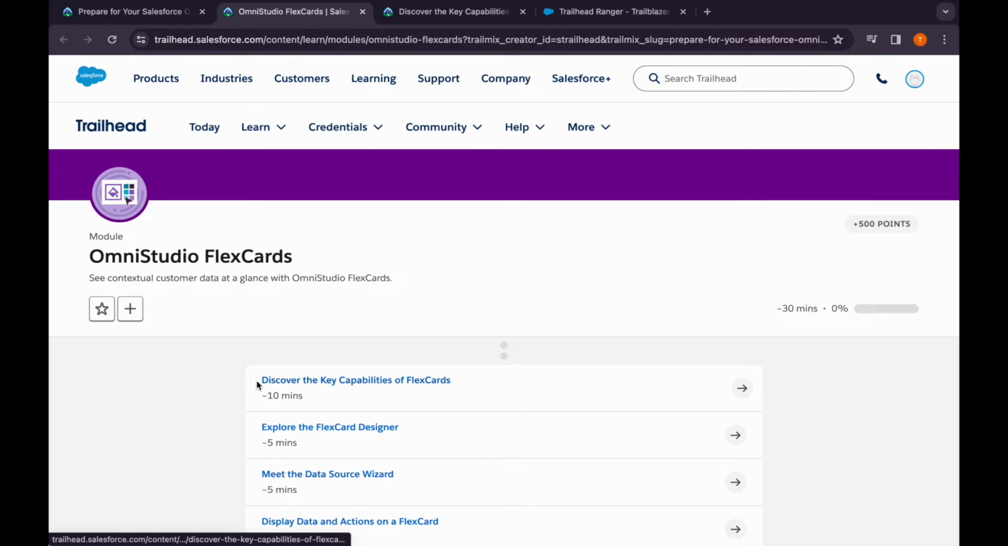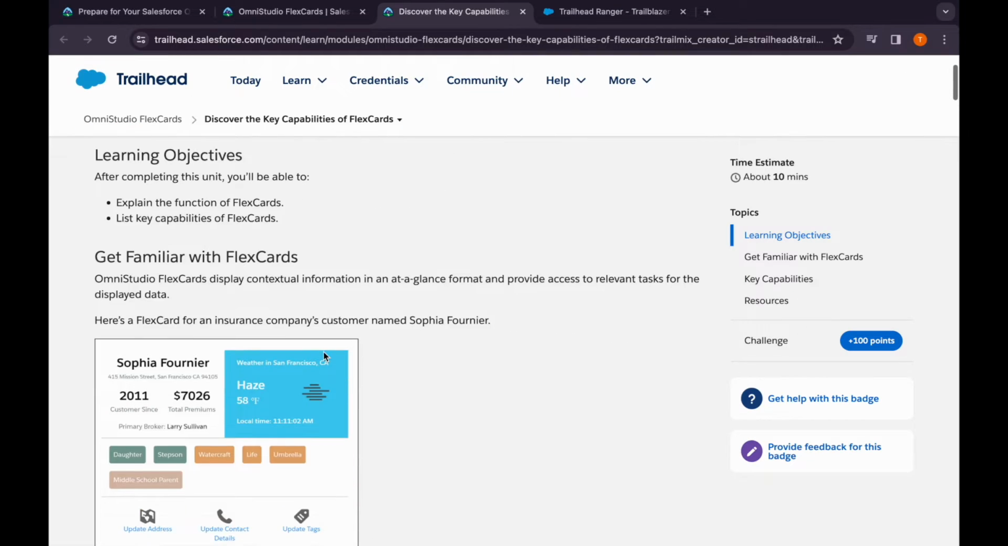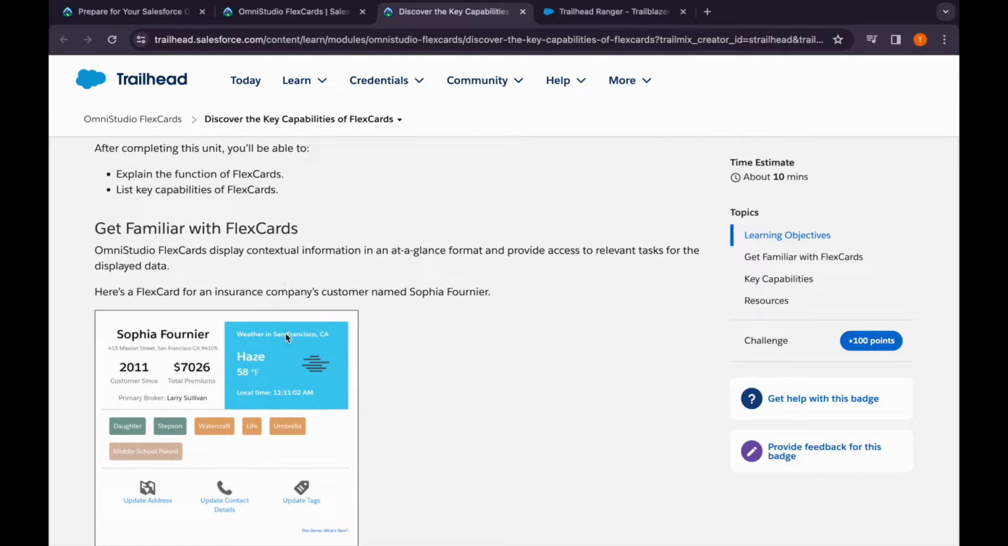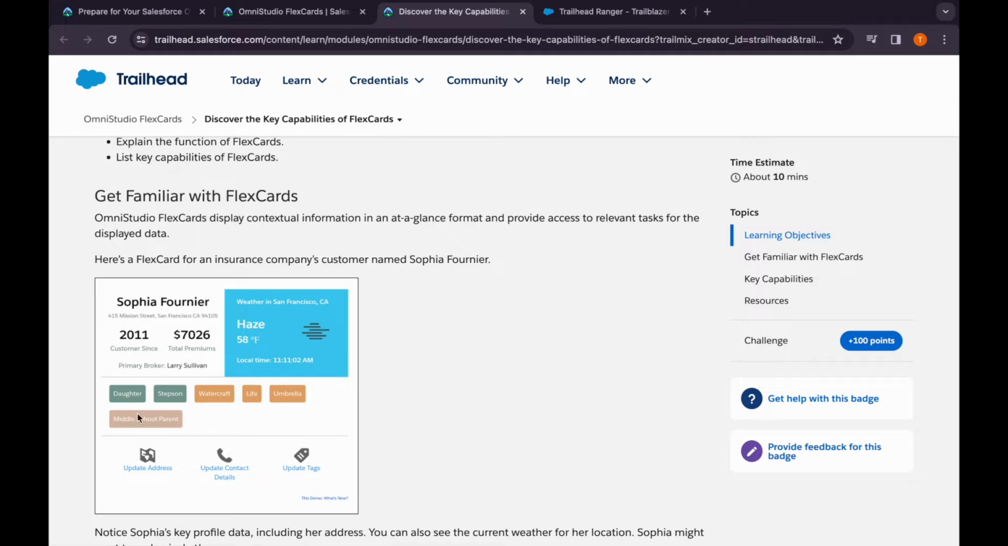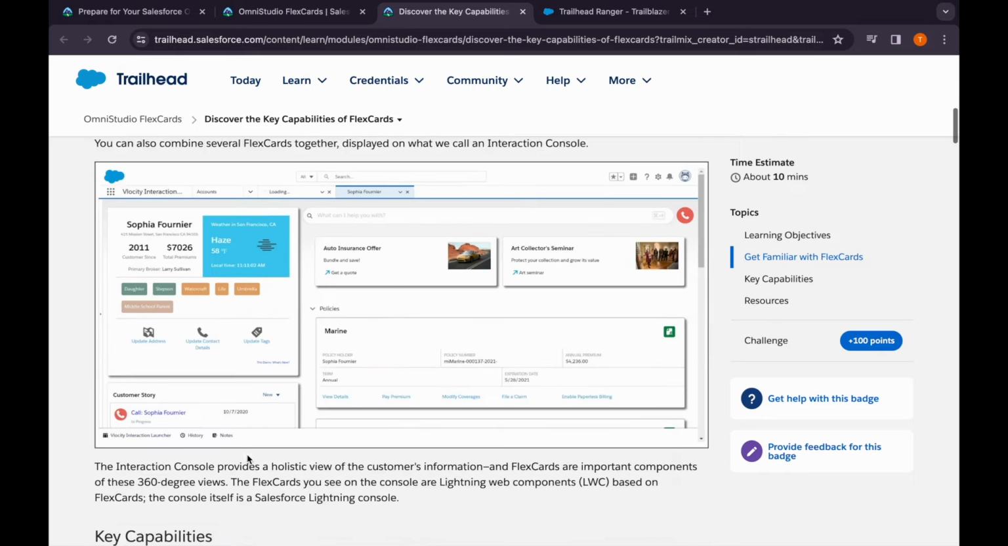So let's open its first challenge, that is, discover the key capabilities of FlexCards. In this module we are first talking about how FlexCards display. How does it look? It looks like this. It's a card which has all the brief information about what this component is going to do, and we could have a few buttons or clickable links at the end, so we can get navigated to a different page or have different functionalities. We can even have it call out to third-party websites or services,